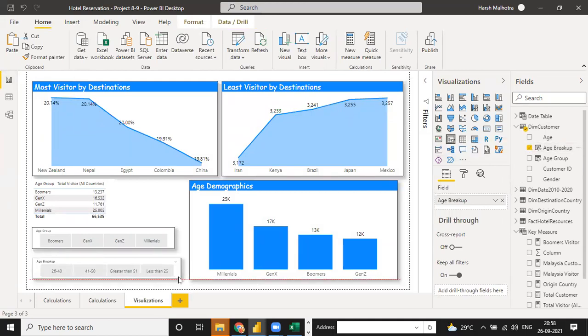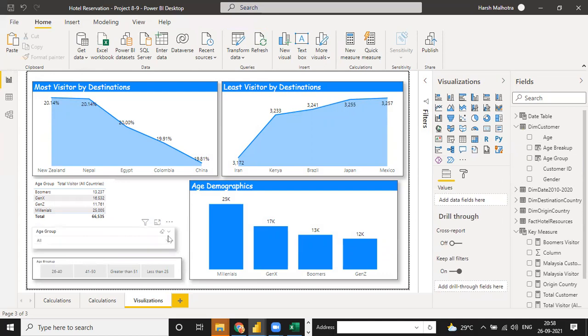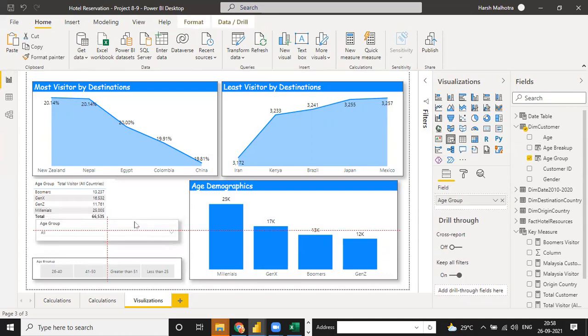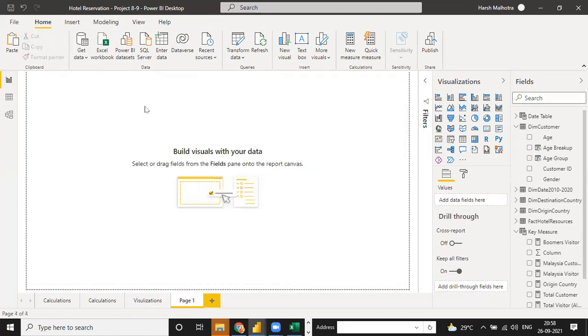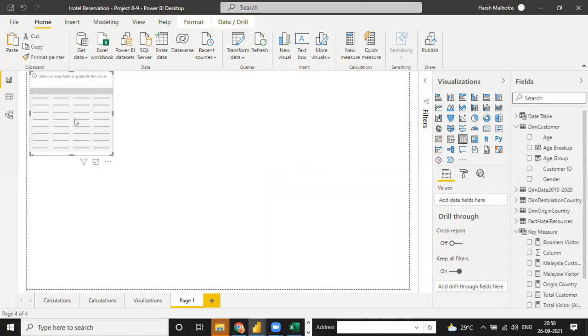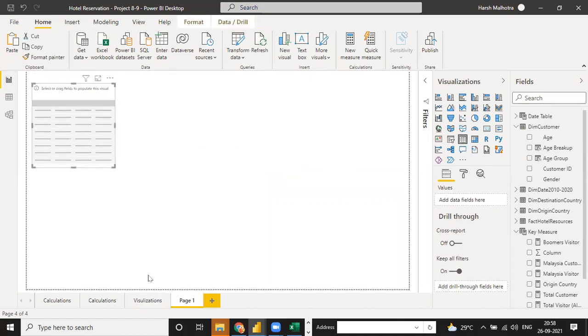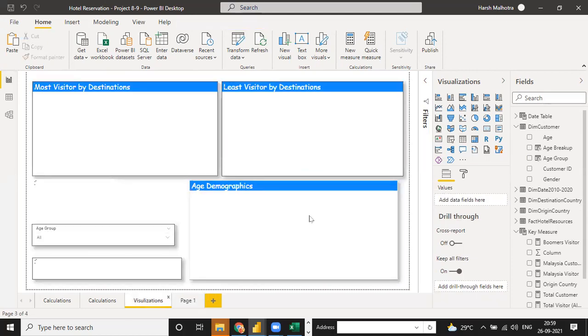Now your question is done or not? Anything? I was just trying to clarify whether it is possible to use a slicer. Yes, everything is possible, I understand your point. But this does not look great. This is only valid for a tabular presentation. In Excel you can work like that, but Power BI is used for visualization, so visualization is better this way.